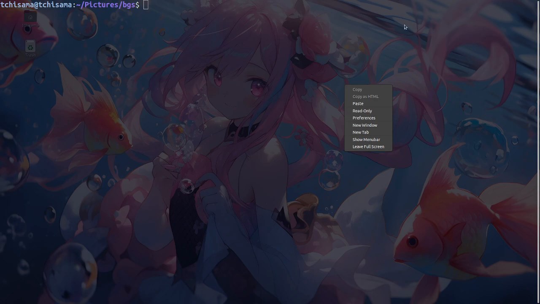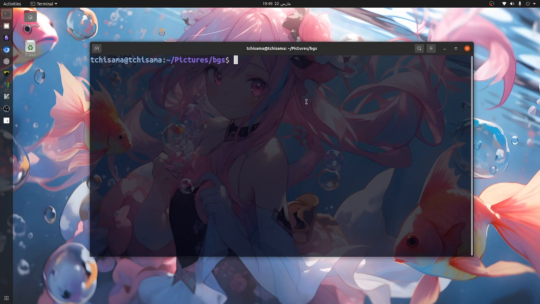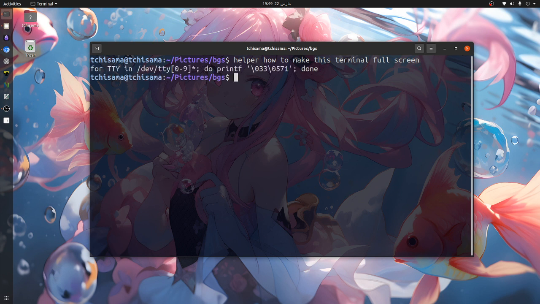Let's do it. I'm gonna come here and say helper, how to make this terminal full screen and enter, and we're gonna wait a little bit, and as you can see here,